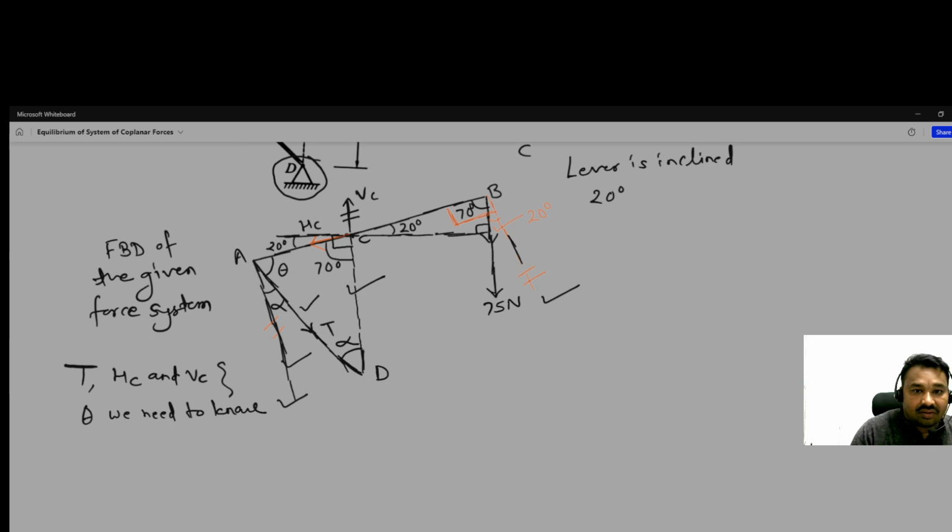And what about the dimensions? So here this is 150 mm, and this one from here to here is 100 mm. Okay. So what we have to do, because theta is also unknown here, alpha is also unknown,